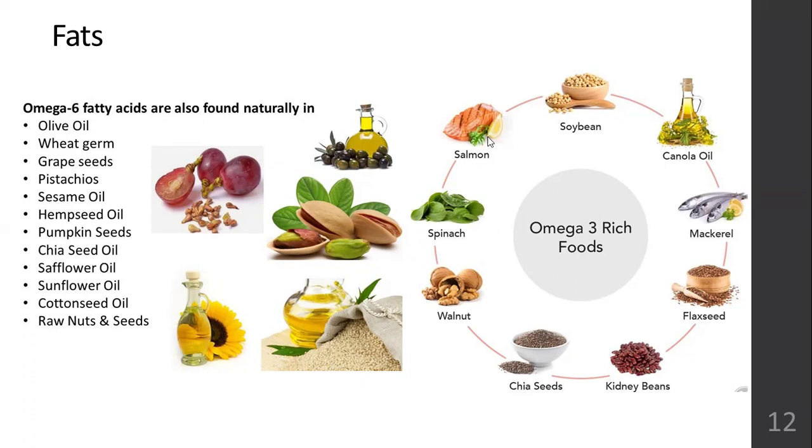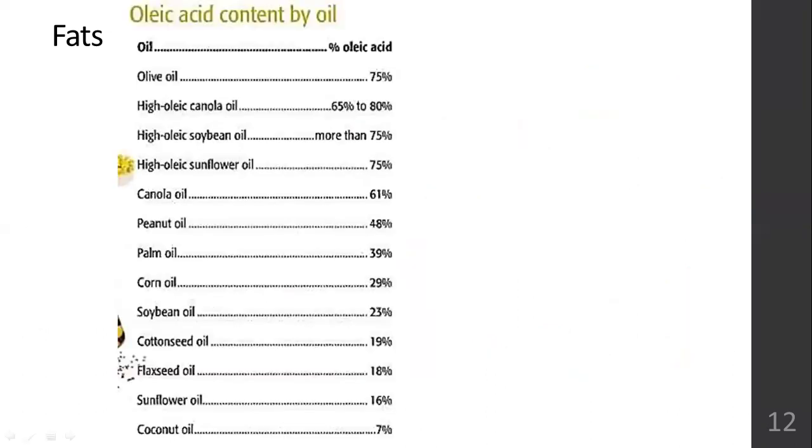Omega-3 is rich in salmon, soybean, canola, mackerels, that is sardines, flaxseed, kidney beans, chia seeds, walnuts, spinach. So they all are rich in omega-3 fatty acid. Then the oleic acid content by the oil. Oleic acid is a type of